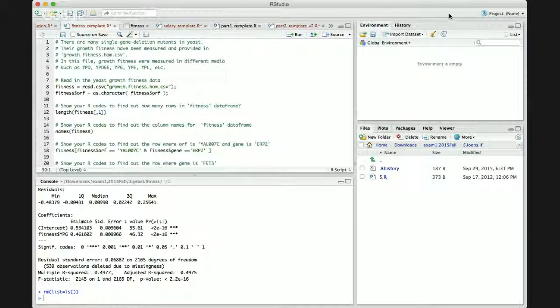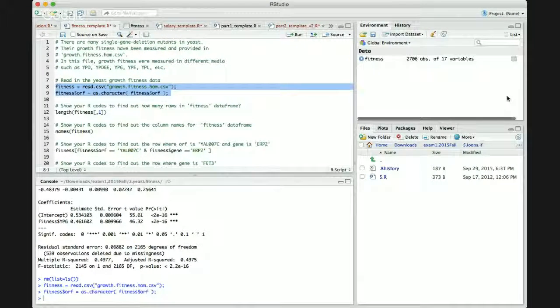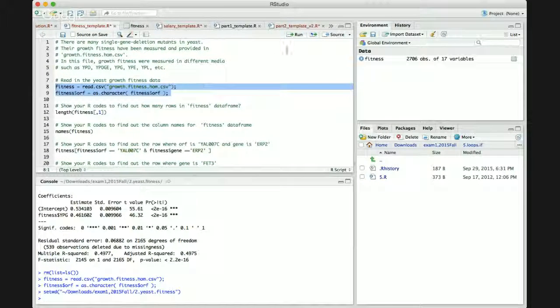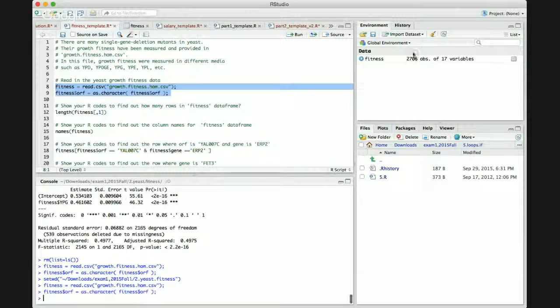So first, we're going to need to actually just read what we have. So first, we're going to read this file. We're going to see it showed up in our environment. Well, let's go back. First, I probably already did it, but make sure you set your working directory to source file location. And then I'm going to just read it again. It's over here in my environment. And then once I ran that,